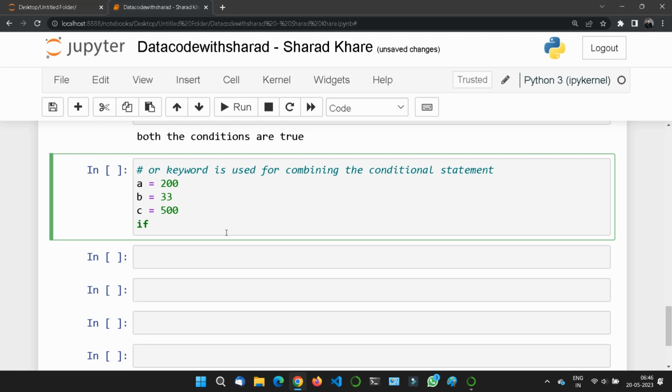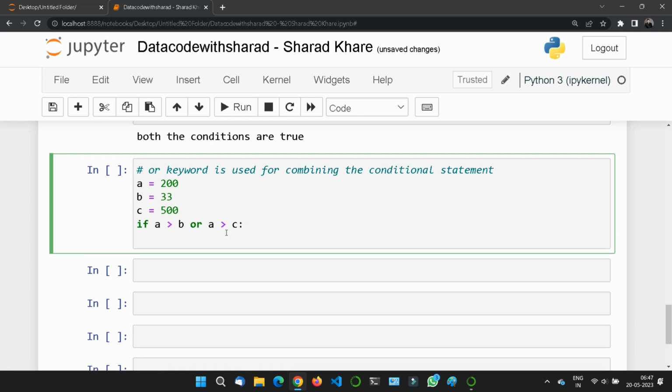If A is greater than B, now I'm using or instead of and, or A is greater than C. So here at least one of the conditions should be true. So what we will print, we will just print